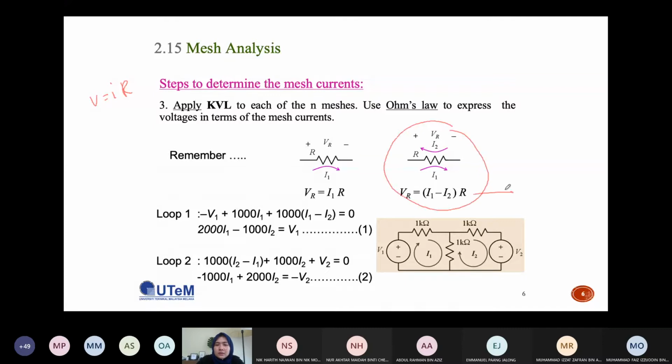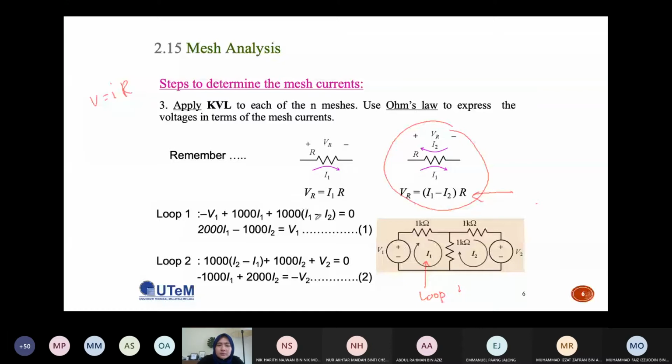How do you get this? Okay, so if you look at this circuit, you need to find the KVL equation for each mesh. So let's look at the first mesh over here. So this is the first mesh or loop 1. Okay. So the loop 1 over here, the KVL equation is actually